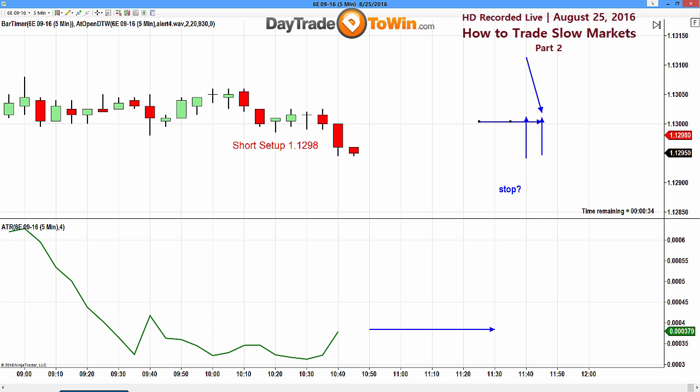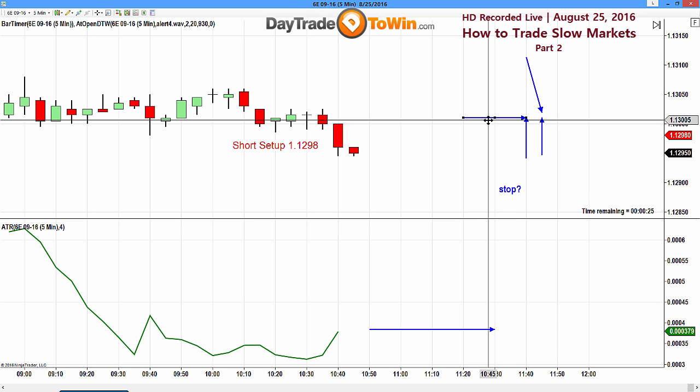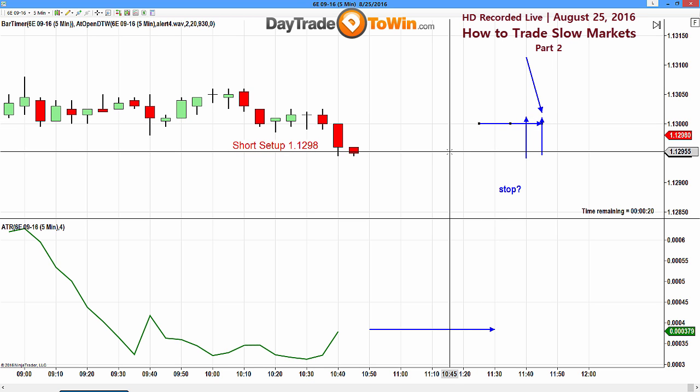So remember, front running is this idea of, I realized that the market touched my price here, but it wasn't able to go through it, so I didn't get filled. The next time it tries that, I'm going to drop it down by a tick because I realize the market's slow. I realize that it may not go through it. So if I'm going to hold out for 8 ticks, but I have the opportunity to take 7, I'll take 7. Or if I realize this may be a loss and I can place this with a 2-tick target instead of a 3, I'll take a 2-tick target any day.